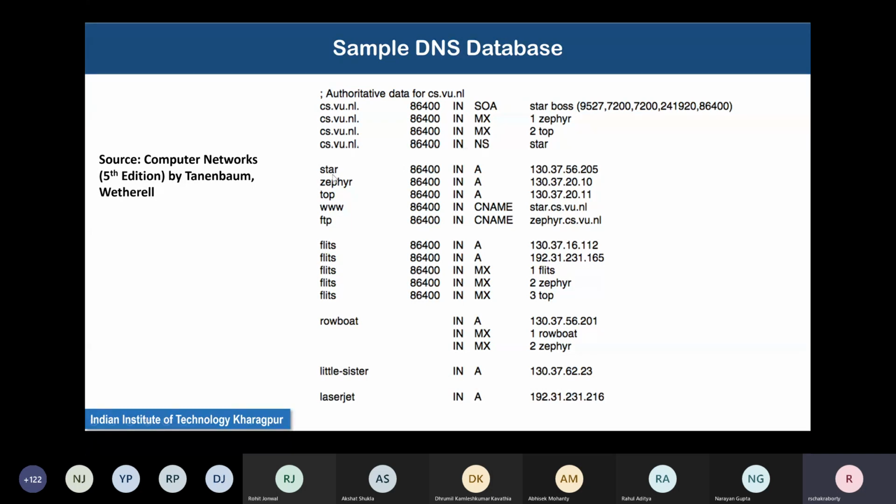First is for star. So star.cs.vu.nl has an A-type record. This is the IP address 130.37.56.205. Then zephyr.cs.vu.nl has this.